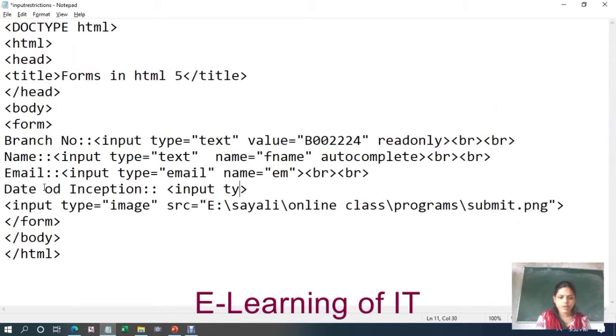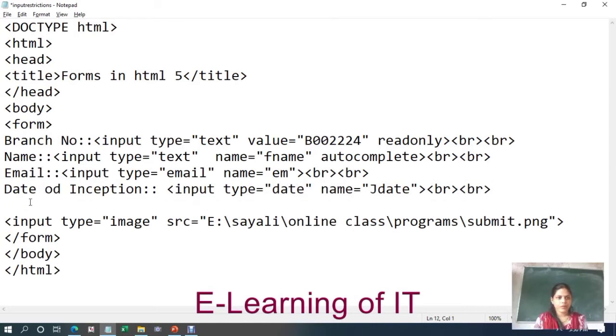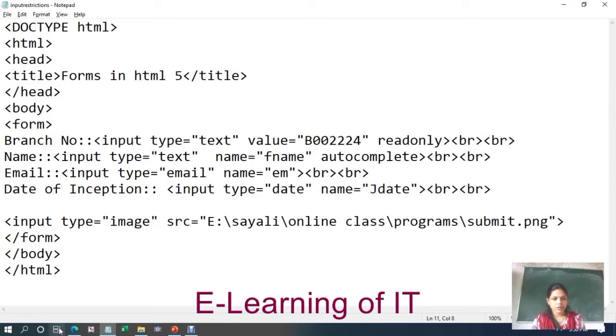So input type is equal to date, name is equal to inception date, that means nothing but a starting date, that is you can specify as j date. Okay, again we will use a set of br tags to have a space. Date of inception.